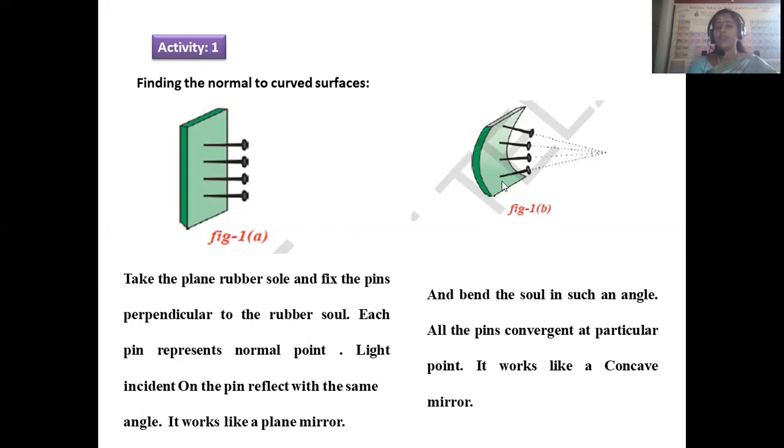When the parabola structure is there, you can observe it works like a concave mirror. Now we are passing light through this. When light is irradiated on its surface, what happens? The light rays fall on this and all combine with each other. That is called convergence. All light rays unite themselves at a particular point. This is called convergence of the light.